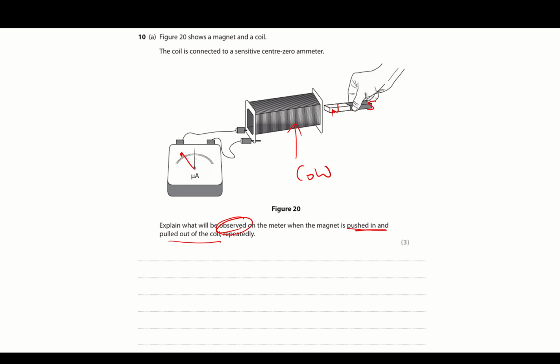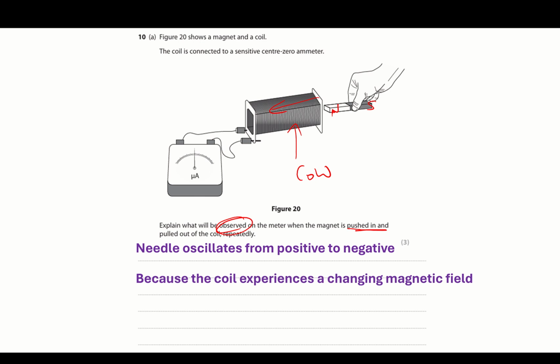So we're going to see the dial go that way when we push it in, and then the dial will go that way. So it will flip from positive to negative, or the other way around, because I don't know what the poles are on that. So turn that into words. So the needle will oscillate or vibrate from positive to negative, or negative to positive, because the coil experiences a